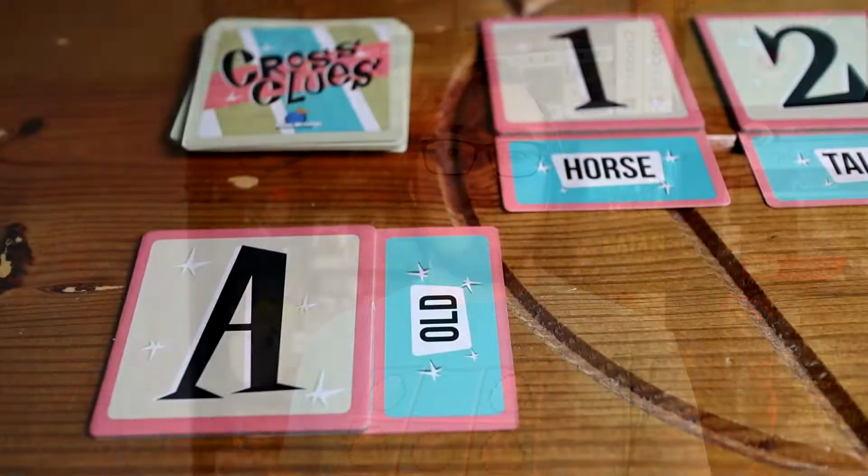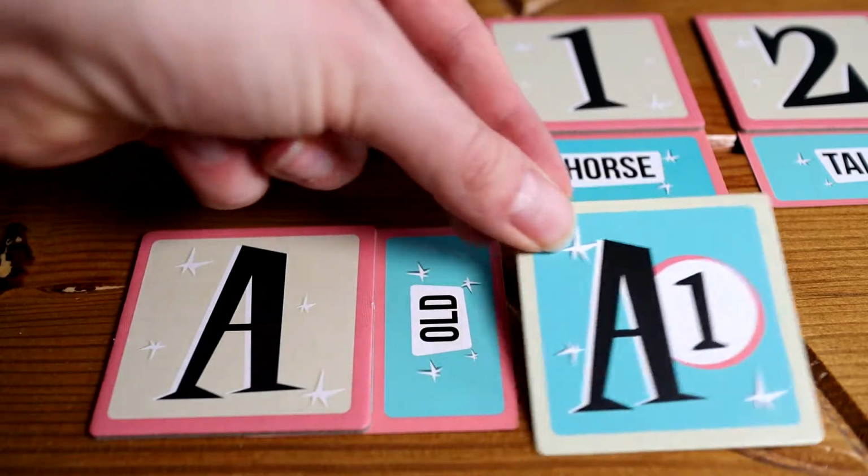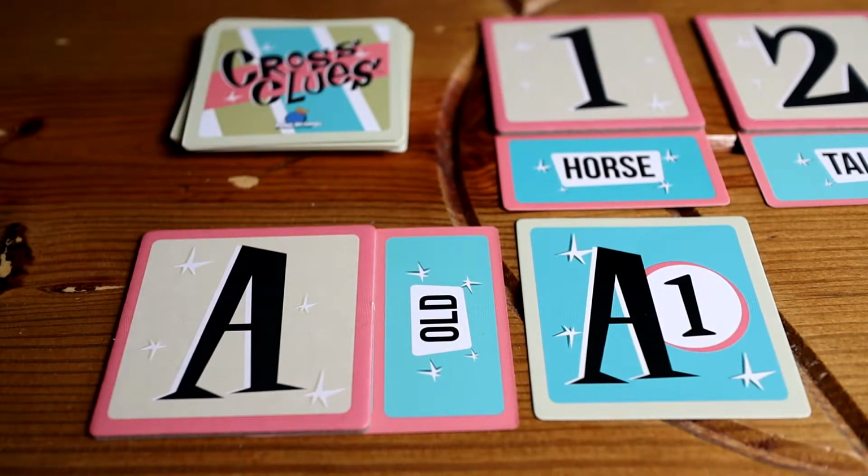So for A1, you'd be linking horse and old, and maybe you'd say Trojan, as in the Trojan horse, and that's kind of historical and stuff like that. Hopefully the other players around the table would guess that correctly, because if you do, you get to put your card down there and move on to the next one, and you're trying to get the entire grid filled. If you don't, that card's going to get put off the side, you can never guess it, and you'll have